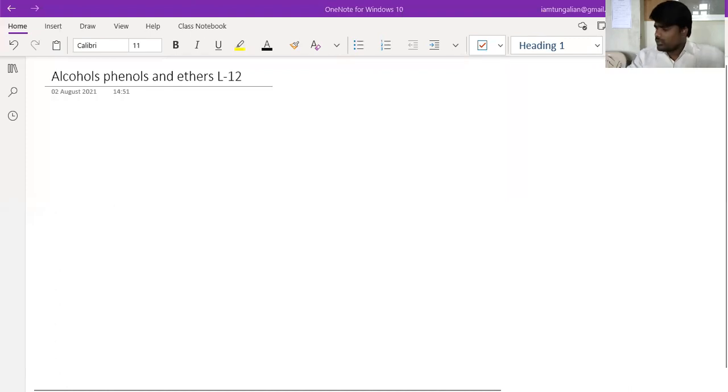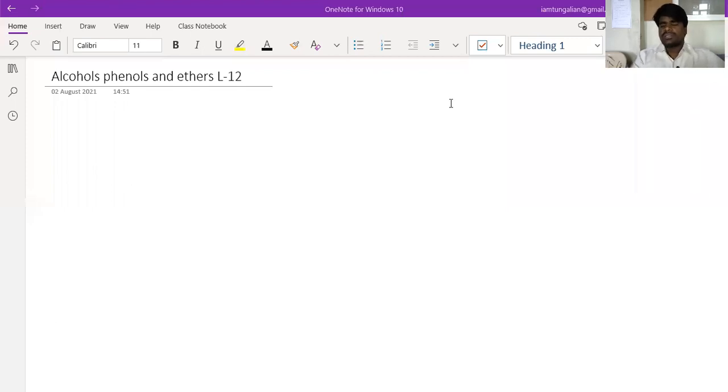Good afternoon, beta. Is everything fine with the audio as well as the screen? Good afternoon, beta. Good afternoon. Yeah, I'm good, beta. How are you all? Yeah, beta. So, both audio as well as screen, both are fine now? Okay, in that case, I would like to close the chat box, beta. So let's get started with the class.